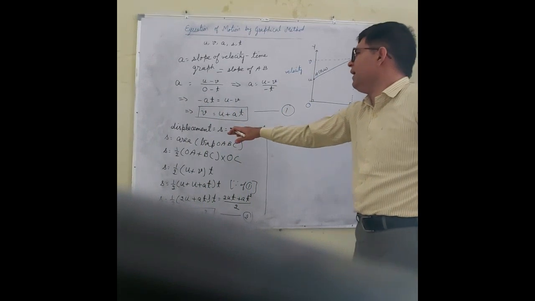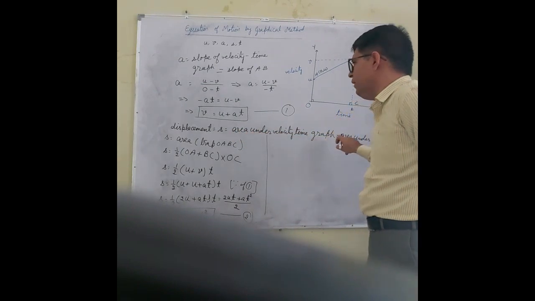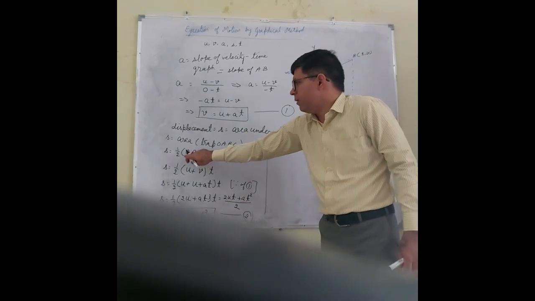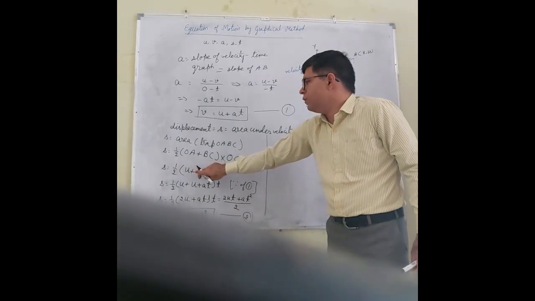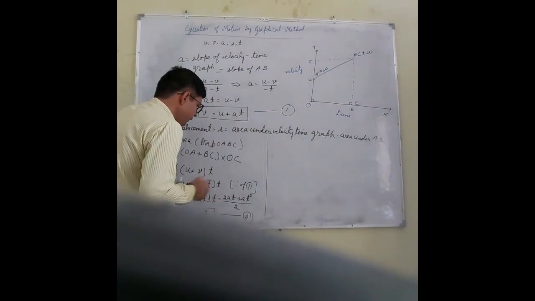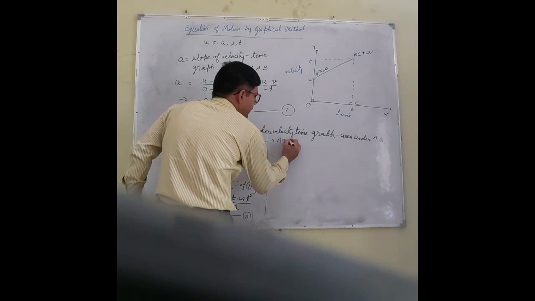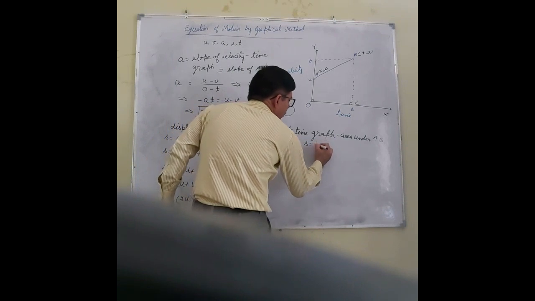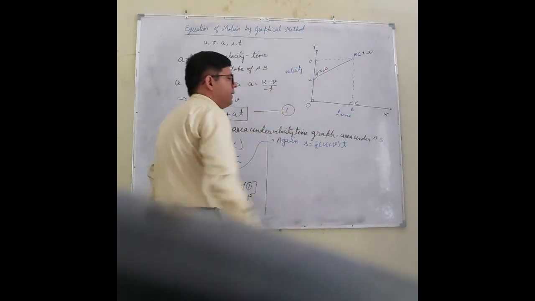Now, similarly, write it again. S equals the area under the velocity time graph. S is the area of trapezium OABC, and the area of a trapezium is half the sum of parallel sides multiplied by the height, and we get half of U plus V. So I am writing it again: S equals 1 by 2 U plus V multiplied by T.